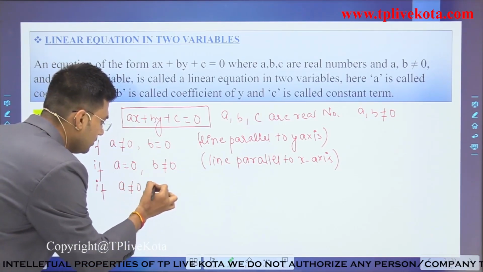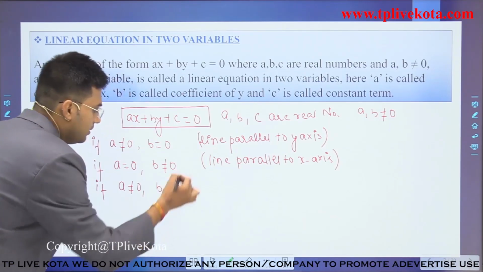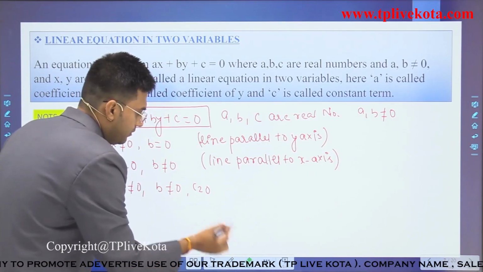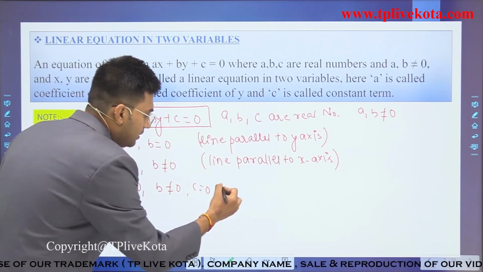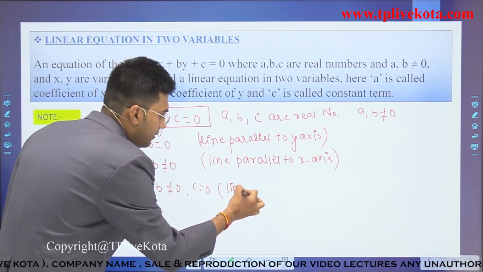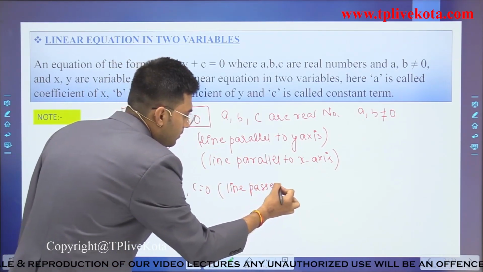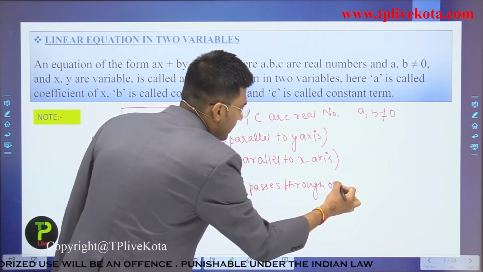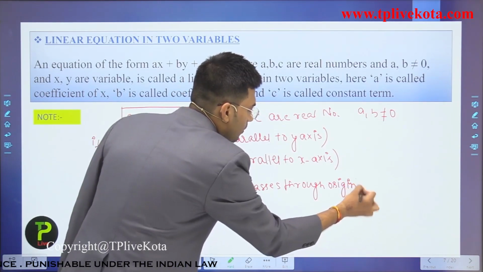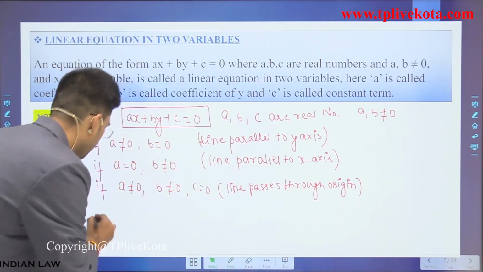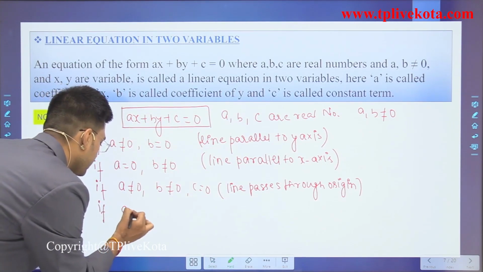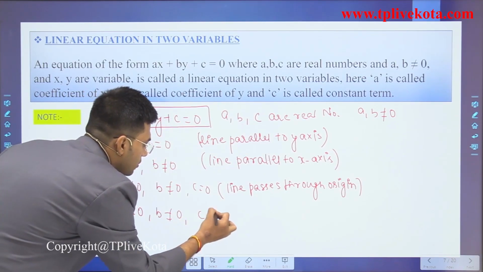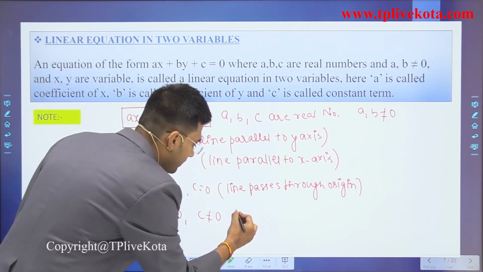Now, if a is not 0, b is also not 0, and c is equal to 0, then the line passes through the origin. Clear? Now the last case: if a is not 0, b is not 0, c is not 0, then it becomes